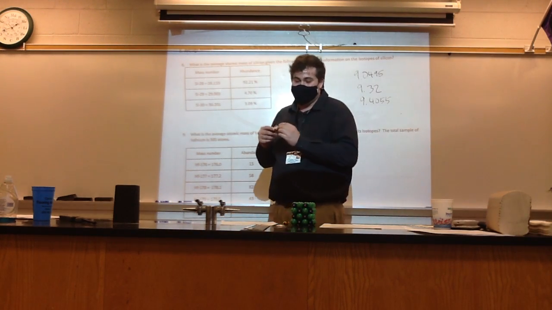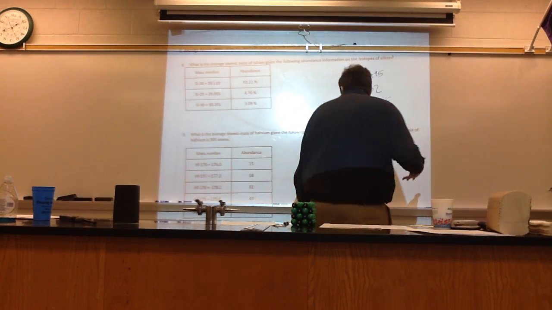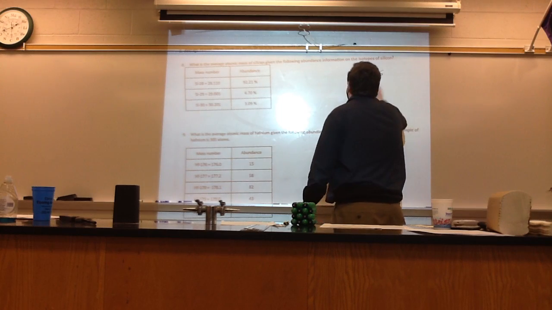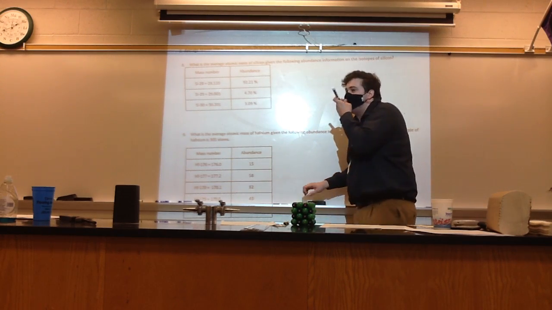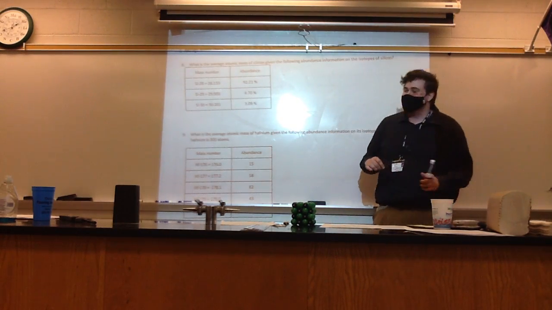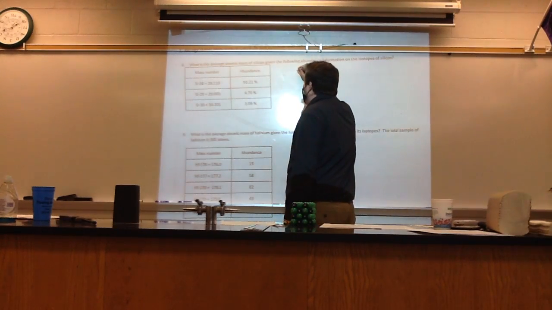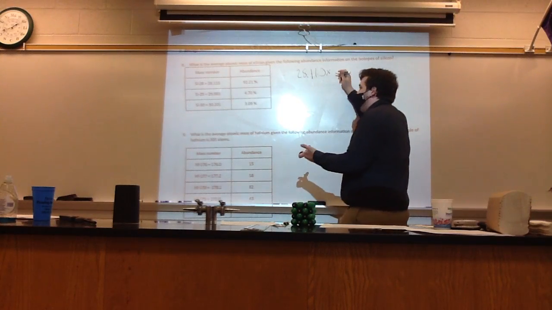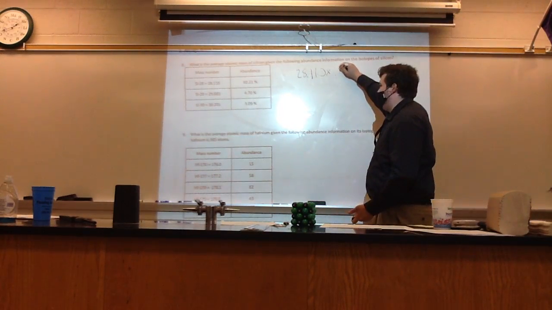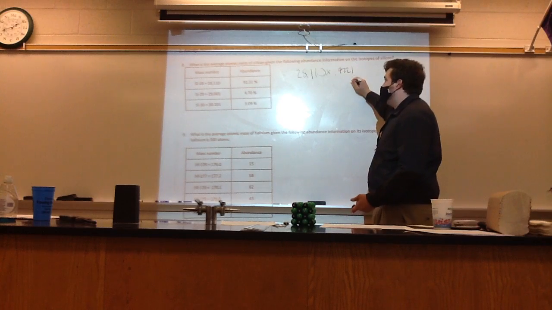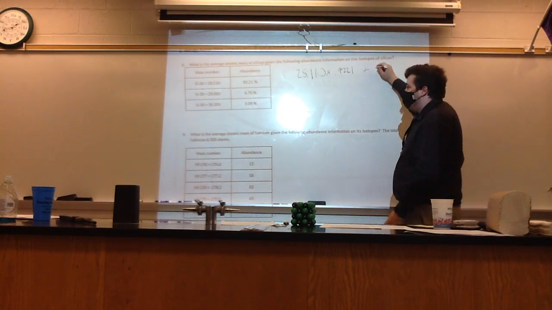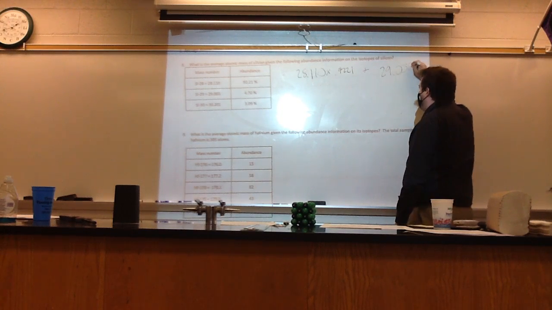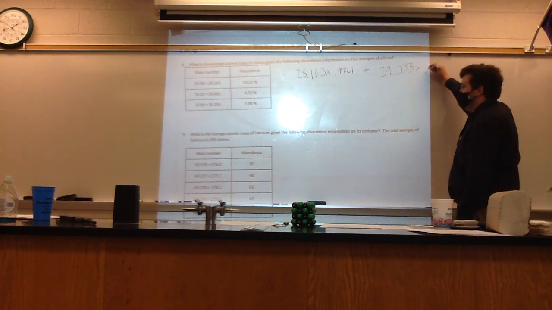No. So let's talk about how we calculate this. Again, when we're talking about abundances here, there's 2 ways to go about it, but the simplest method to me, and I saw a couple people set this up, but I think what happened is they divided by 3 afterwards. So yeah, we have the 28.110. We know that there's 92.21% of this, so we can multiply by 0.9221. And then we can add that to our other abundance, 29.003. Multiply that by